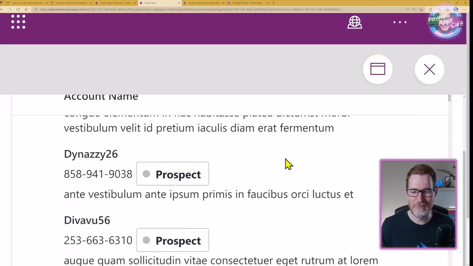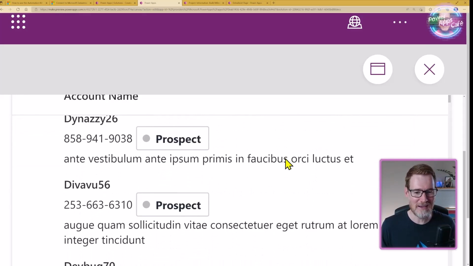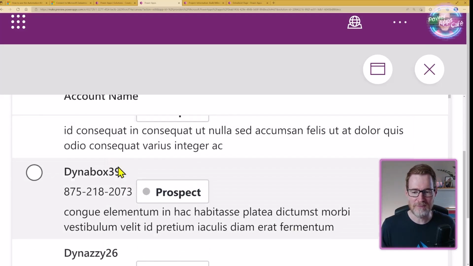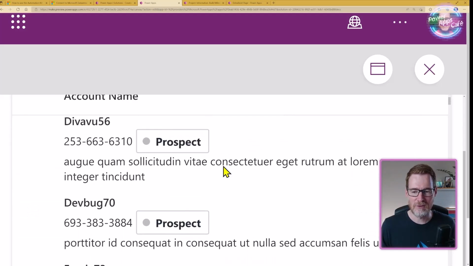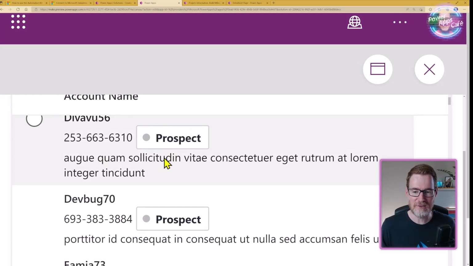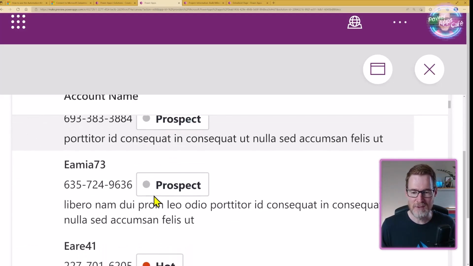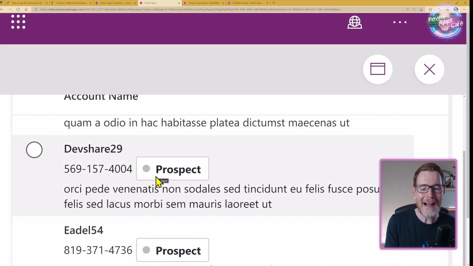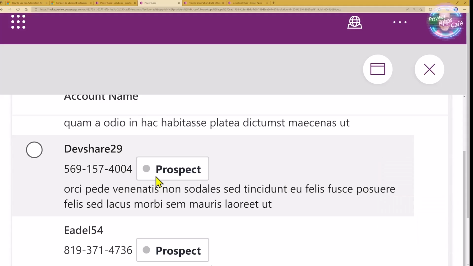I'm just using zoom on here. You could equally use the F12 emulator. You can see here that the columns have folded underneath each other so that we are showing them as subtext of the main name. And so that enables us to actually give a much more compact view of all of our records, so that if I'm using a mobile phone, it's going to be much easier to display all of my data.